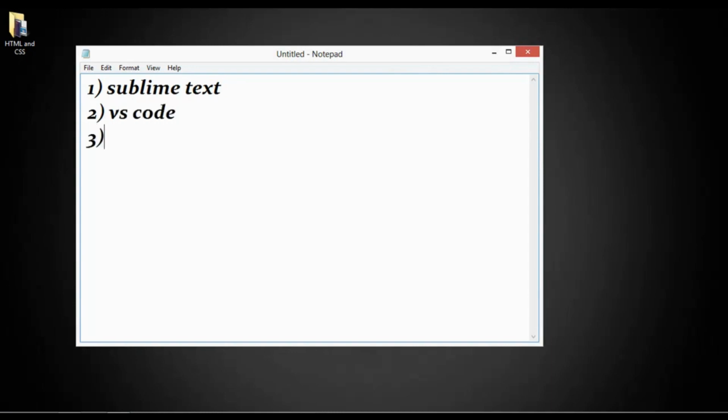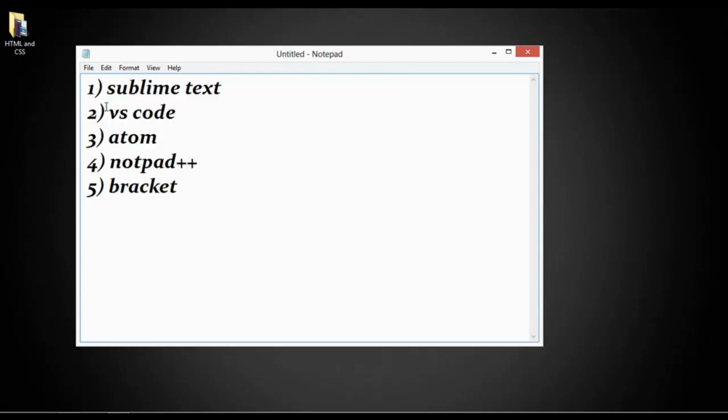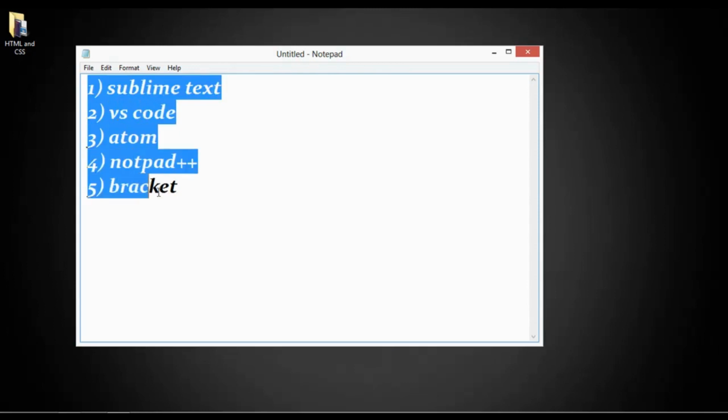Number three we have something like Atom. Number four we have Notepad plus plus. Number five we have Brackets. So these are the five famous, or you can say popular, code editors that we can work with